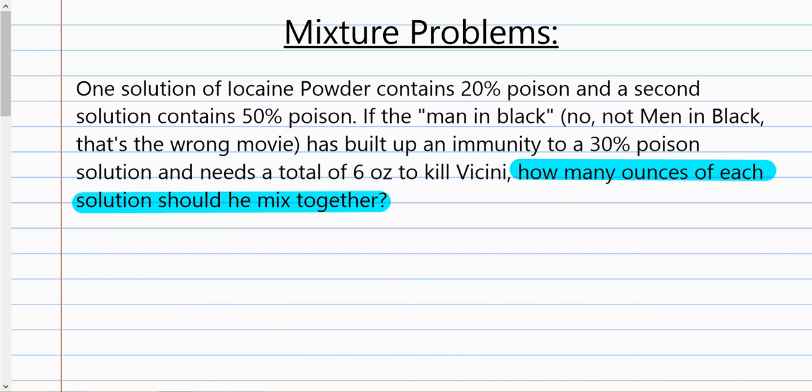I like purple. We know we want to know how many ounces of each solution, and the two types of solution that we have are a 20% poison solution and a 50% poison solution. So again, you're going to be tempted to take shortcuts here. Please do not. With our variables,